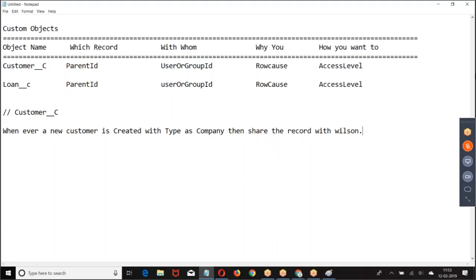Hi Satish. Yes. When we create this custom object, that time this share object is also created internally. Already this object is there. When you create a custom object, along with the custom object, the share object will be created internally.